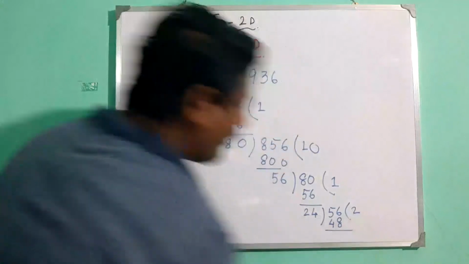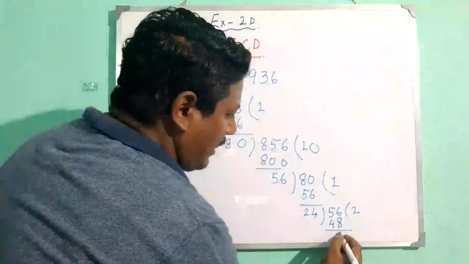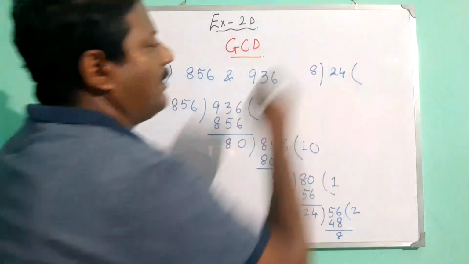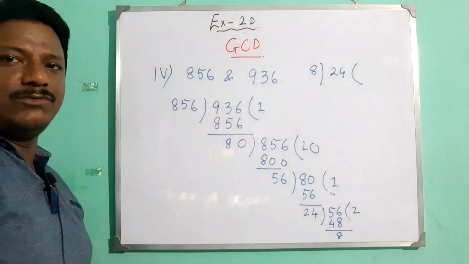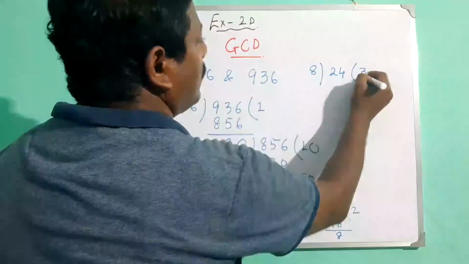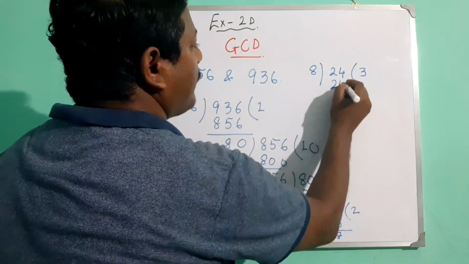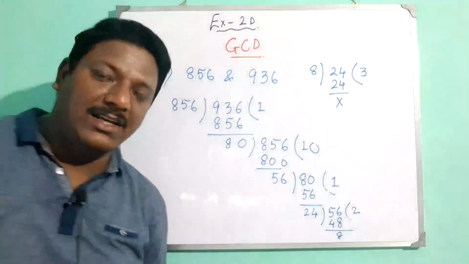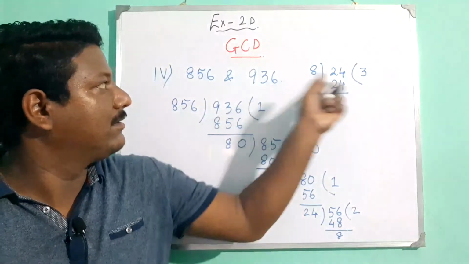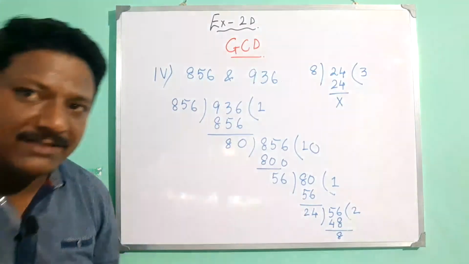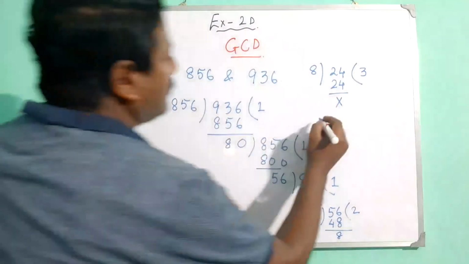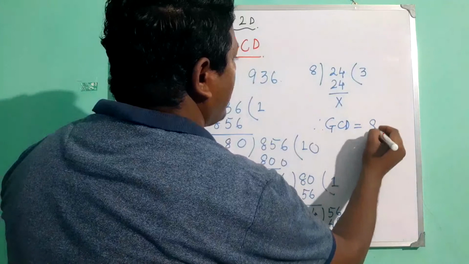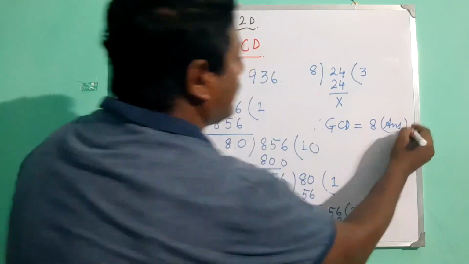48, so over here 16, 8, and again divide 8. The remainder 8 will divide the divisor, it will go in 3 times 24. So the last, or the greatest number which can divide these two numbers, is 8. Very good, Prasun, I can see. So the required GCD equals 8. This is our answer.